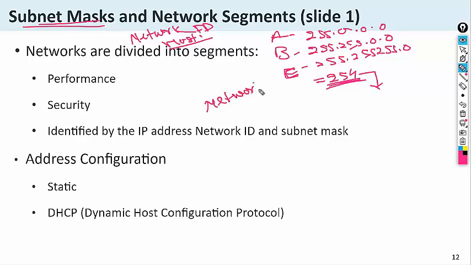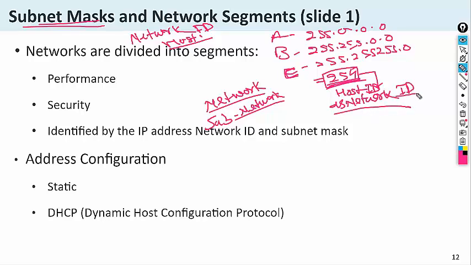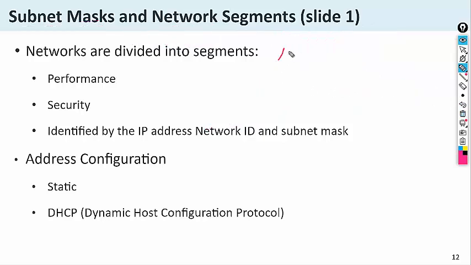Network segmentation means the network is divided into more parts or more networks. So the network is divided into subnetworks, and in subnetworks you can use host IDs as a network ID. So if you want to do subnetting of this, you can use a subnet mask like /25,